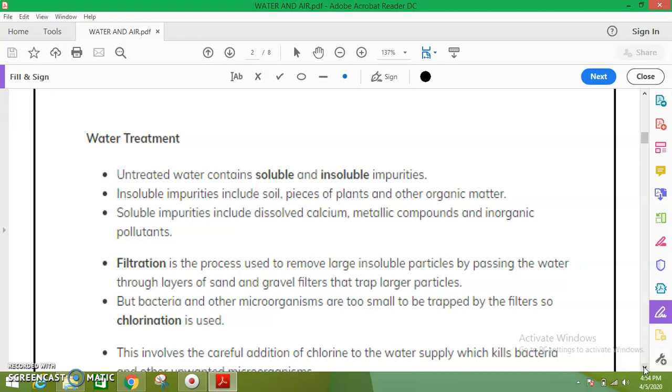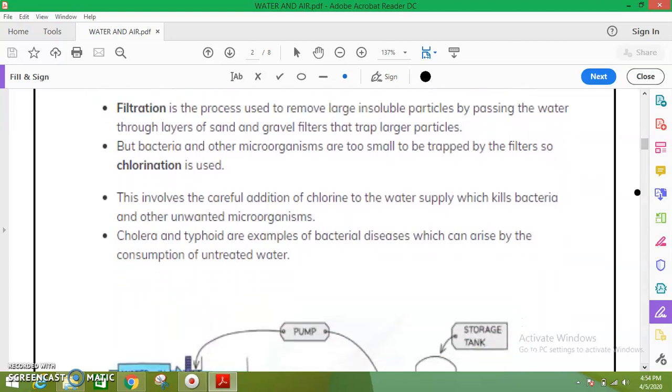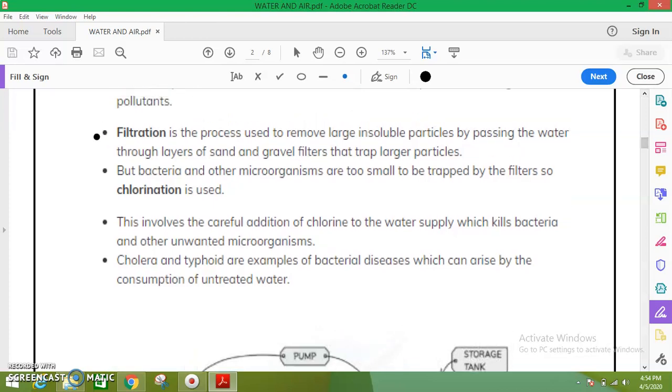For filtration or for purification of water, we will first use this diagram. First we want to know what filtration is. It is a process used to remove large insoluble particles by passing the water. When we pass plenty of water, we can remove the particles by using filter paper. Second one,